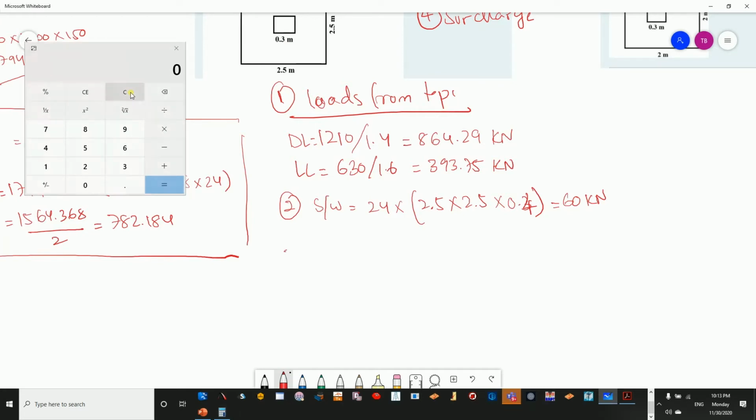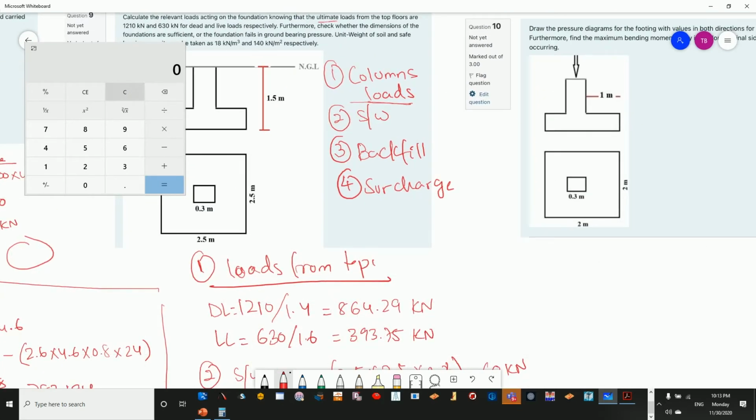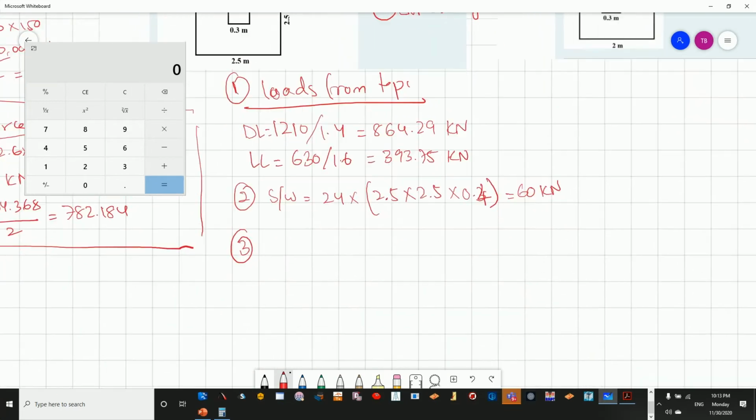Number 3, we don't have a surcharge here. Okay, so we don't have a surcharge. There is nothing extra mentioned above the natural ground level. So column loads, self weight, there is a backfill, there is no surcharge. Now going for the backfill,